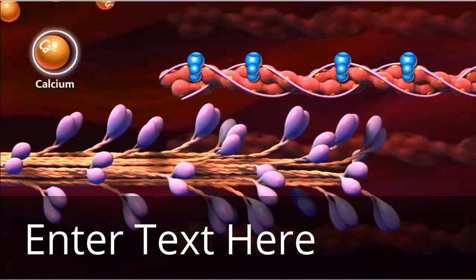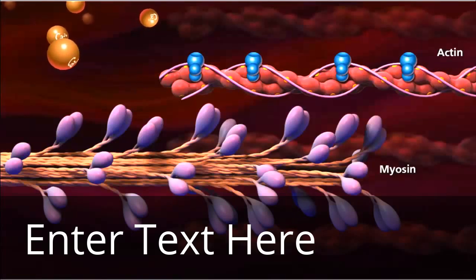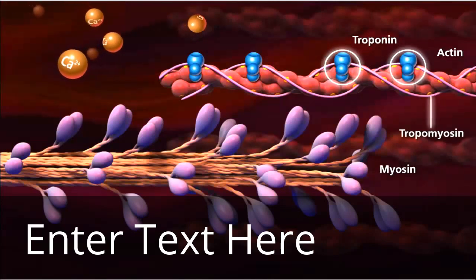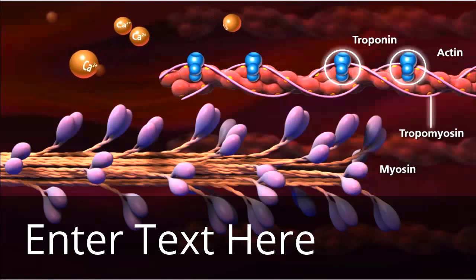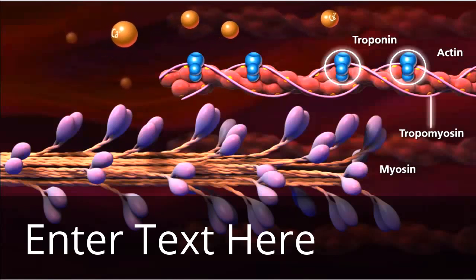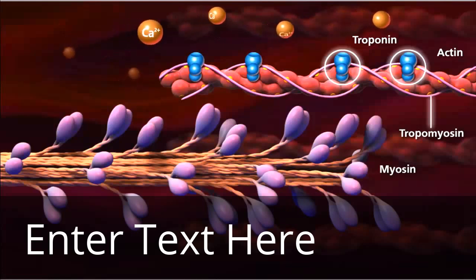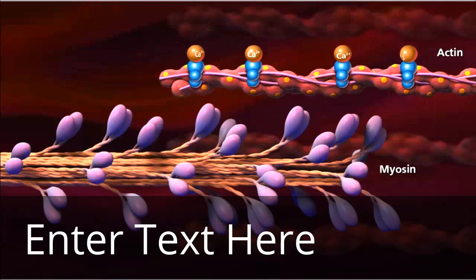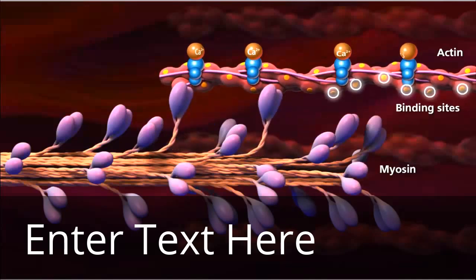So as this is going on, you're going to get calcium that's going to be floating around these actin and myosin sites. And the calcium is going to bind to a certain form of troponin, which is just a protein on the active sites of the actin. The calcium is going to bind to the certain type of troponin C. And it's going to hop off, and these little ropes are going to allow for the active sites to be open. And that rope is called tropomyosin, and what it covers up is the active site,